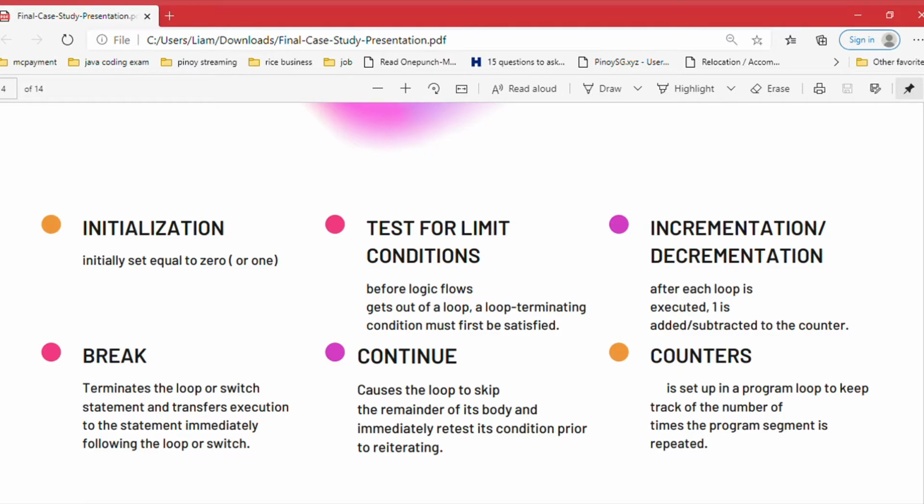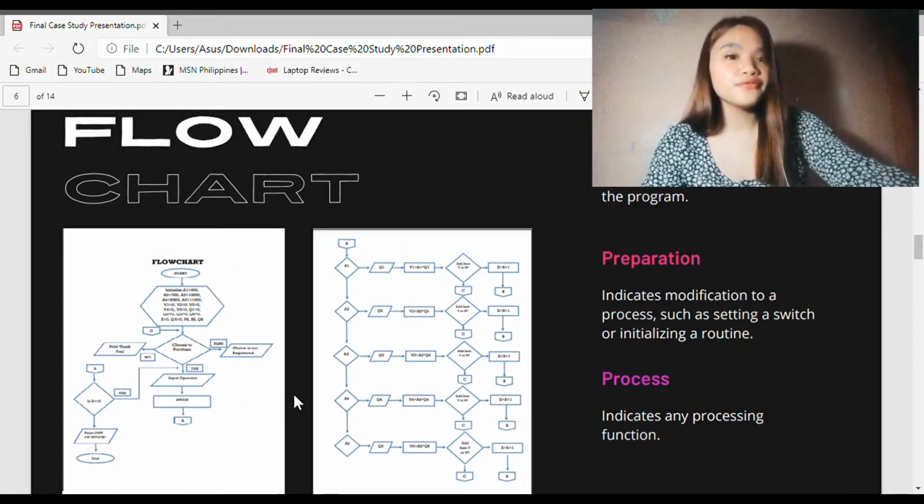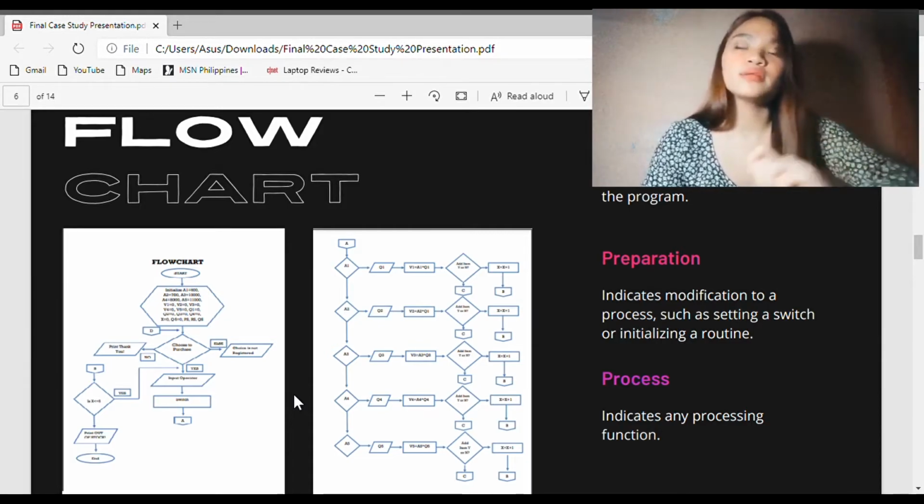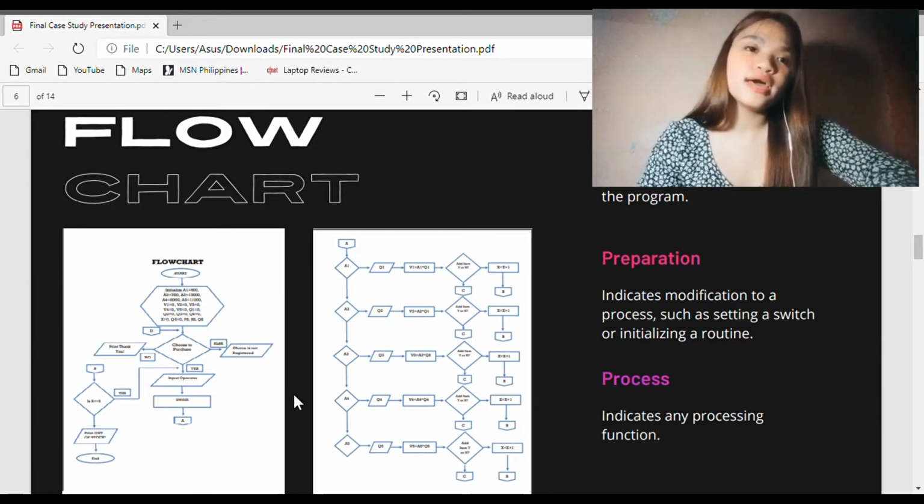Counter. It is set up in a program loop to keep track of the number of times that the program segment is repeated. So, from the word itself, it is an actual counter that counts how many times the loop or program is executed. Going back to our previous topic, we learned about the flowchart, in which every figure has